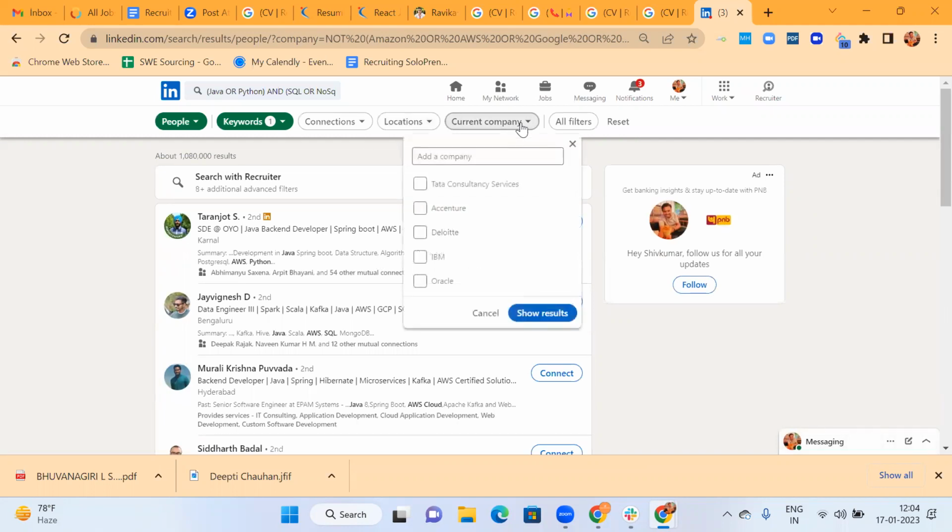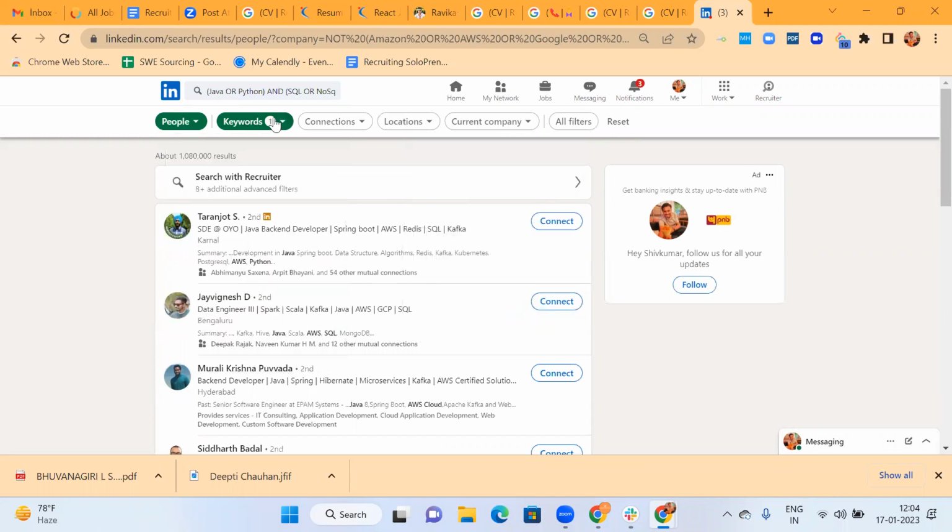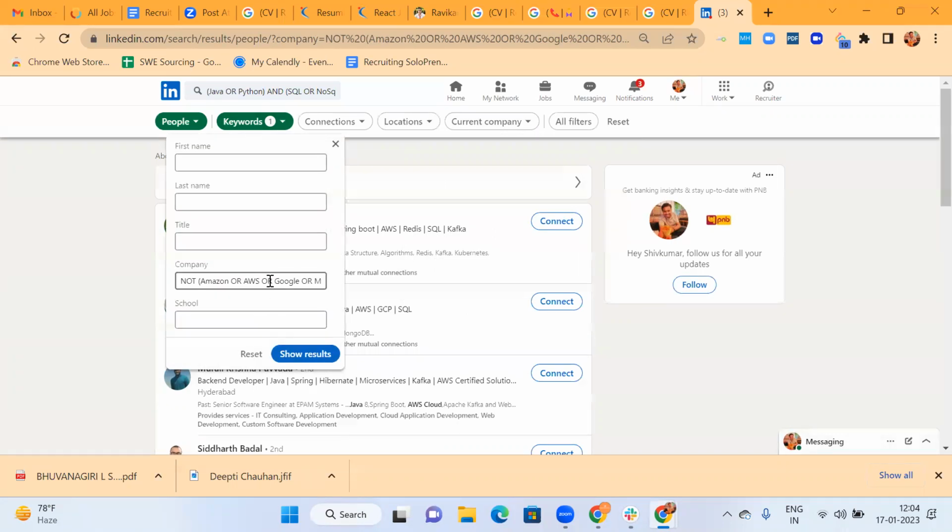Now go. Now you started seeing that Amazon, Microsoft, Google started getting excluded. And the way we use not here is slightly different. Not space, open the bracket, Amazon or AWS or Google or Microsoft.